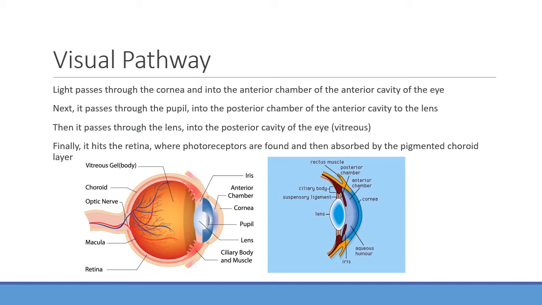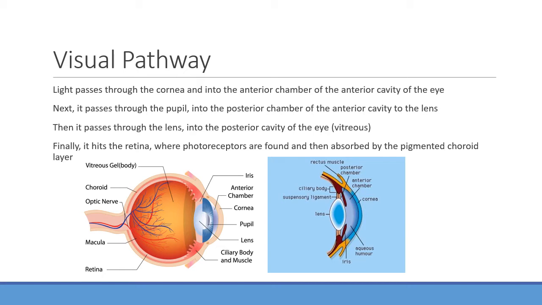Why do you think the back of the eye is so black? We have that pigmented epithelium. Why do you think it's so dark back there? Well, because darker colors usually absorb light, and that's good because when you have light coming into the eye, you don't want it to reflect off of something and bounce everywhere, because then you really wouldn't have a good perception of that vision, or you wouldn't have whatever you're trying to focus on. You wouldn't really have a good picture of that. You have that really darkly pigmented epithelium because that way the light is going to be absorbed by that, and then you're not going to have a lot of refraction of that light elsewhere, which is a reason why that's more black.